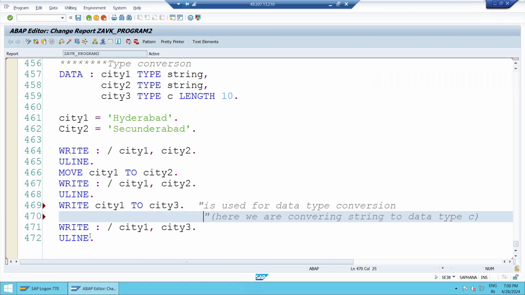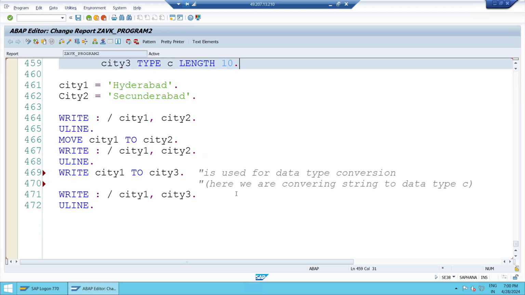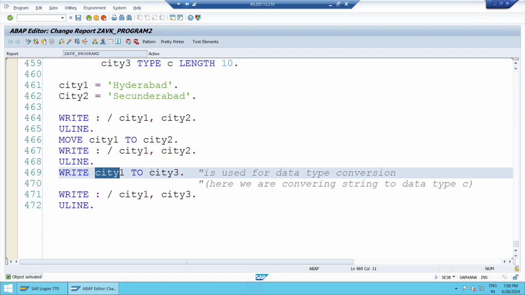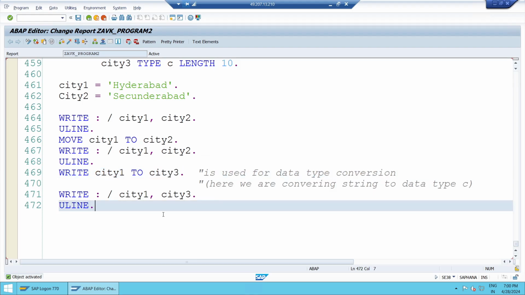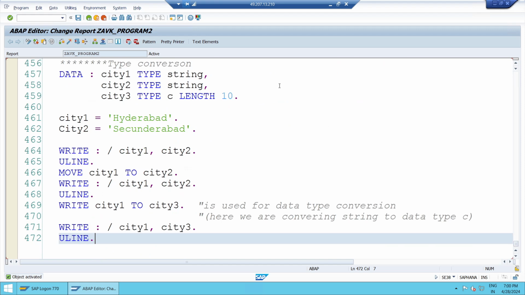You have the target. If both are similar data types, then no worries, type conversion is not required. Type conversion is required if the source variable and target variable have different data types. But typecasting is not a new concept. Every programming language has it. So how the system or program behaves